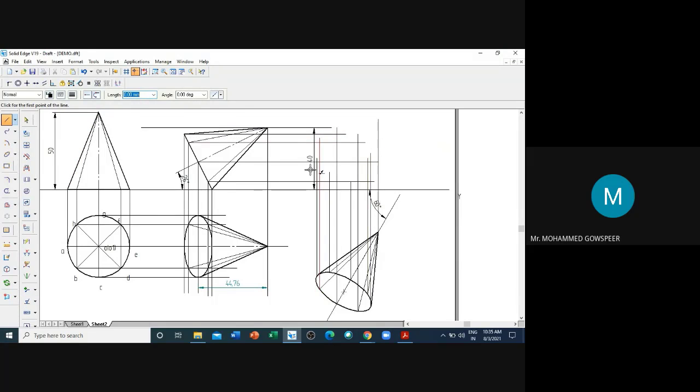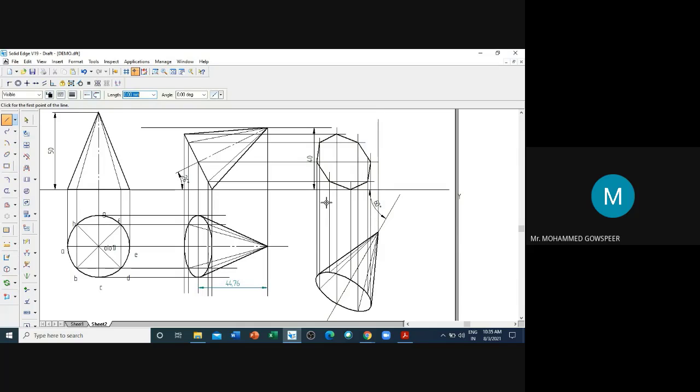So now we'll join this. First I will use the line command, visible line style. Now this is A, B, C, D, E, F, G, H connected.